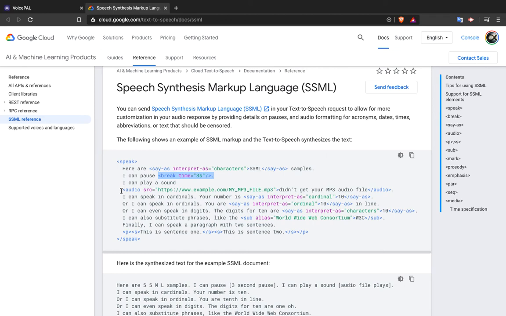To do that, you can simply add an audio tag over here, and then provide a file URL, so that file's audio will be included in your generated audio. So you don't need to merge two different files into one single file to get the work done. You can simply add the URL using this audio tag, and get that audio in your audio file output, and it will be realistic. It will not sound like a bot is talking. It will be a proper audio output.